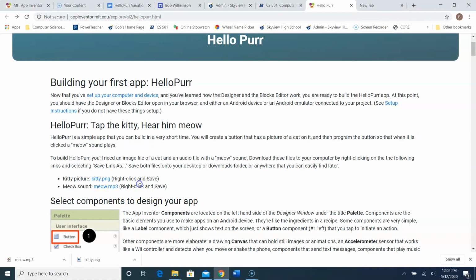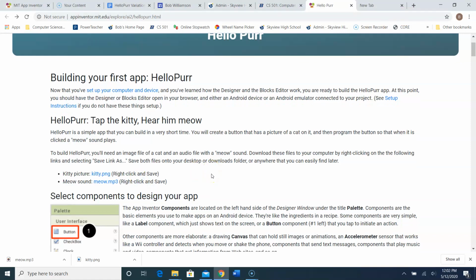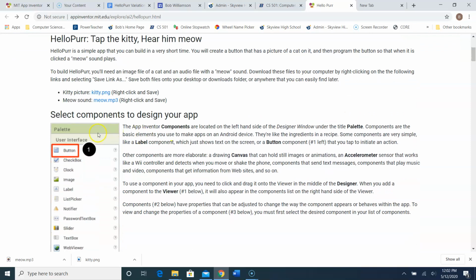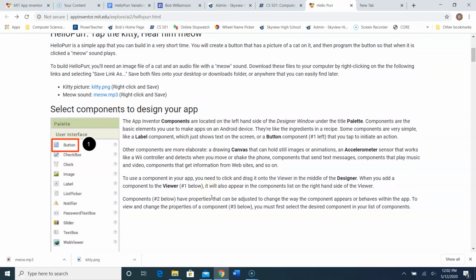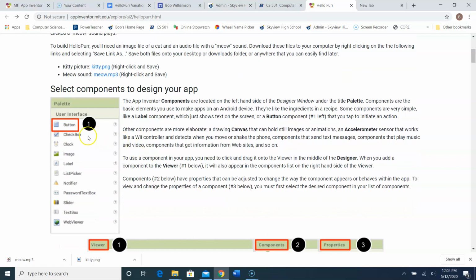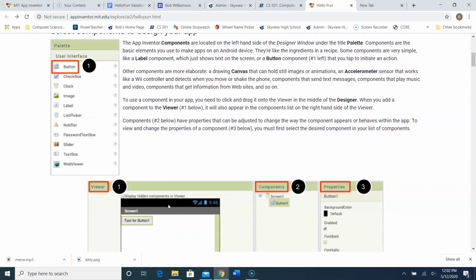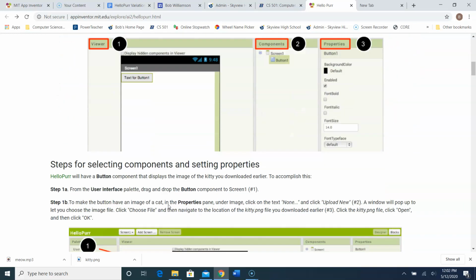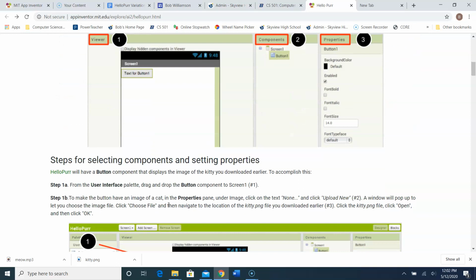So continuing along with the specifications for this application. It says next is you need to go into your palette, select components to design your app. I would read through this. I've done this a couple times, so we have lots of different user interfaces available, and we will be using most of these throughout this course. So I'm going to slip over to my App Inventor and create a button here that's going to be useful